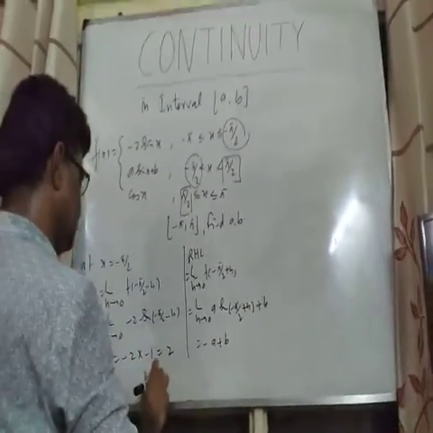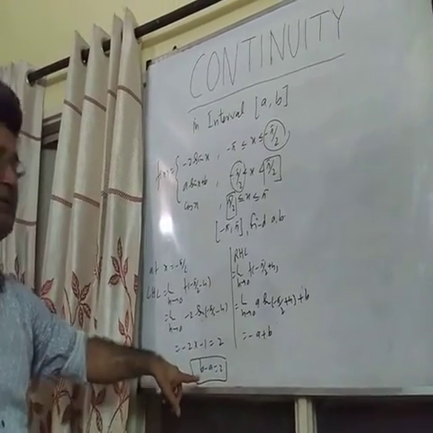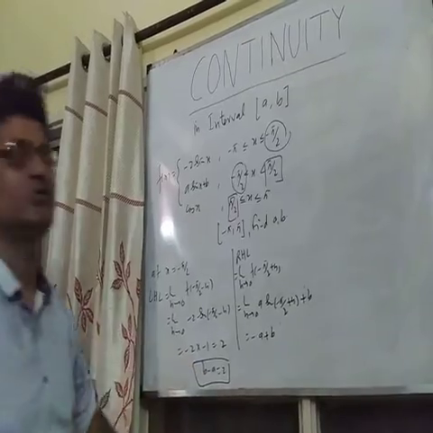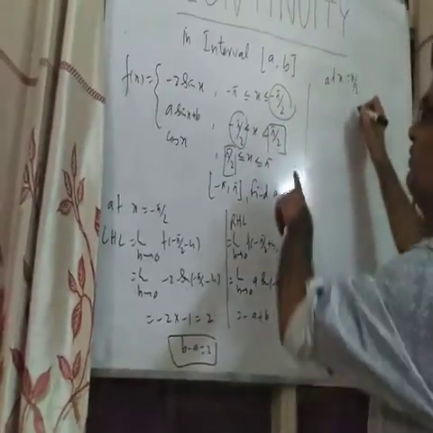So this will be equal to 2 because it is continuous, so left hand limit will be equal to right hand limit. So we have got the equation b minus a is equal to 2. Now we'll check at x is equal to pi by 2. What happens at pi by 2?